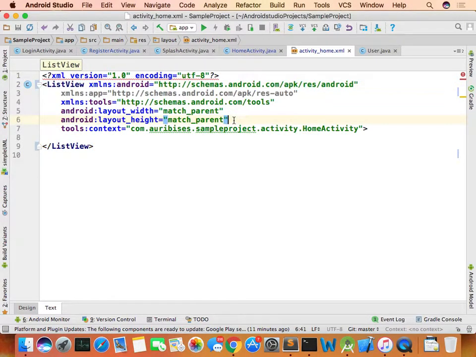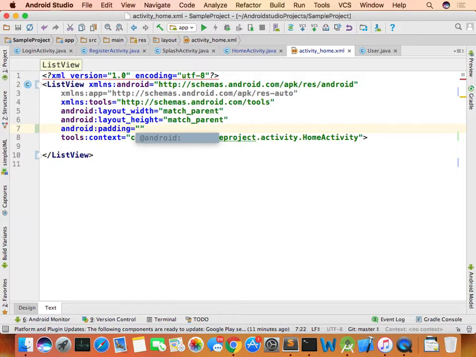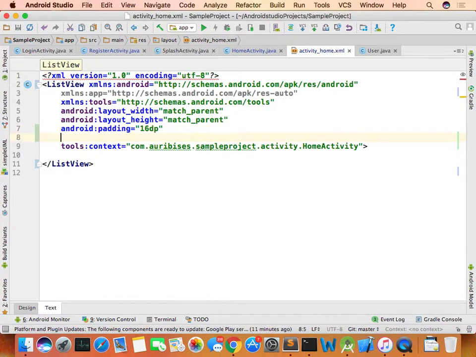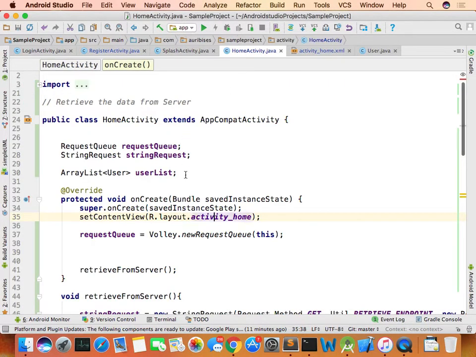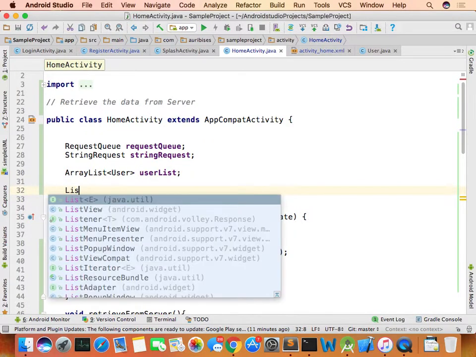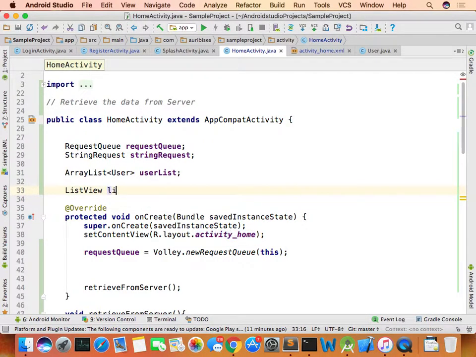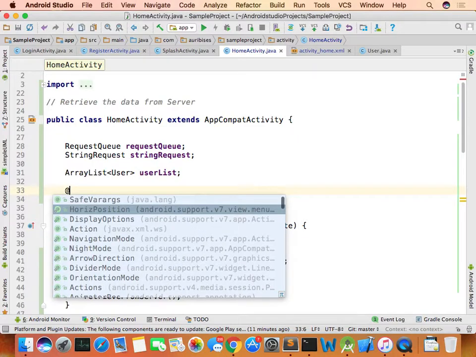And what I am going to do is I am going to come up with some padding, let's say 16 dp, and let us give an ID, and this ID goes like listView. I think this is something which we have already discussed and done. Good to go? I got this list view over here. So list view is created in my home activity. Let us write ListView at the rate